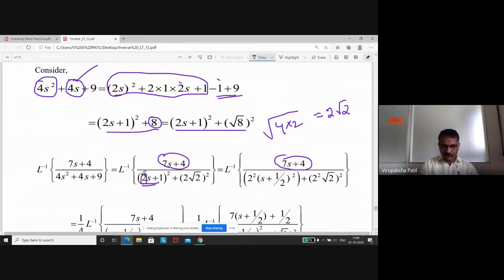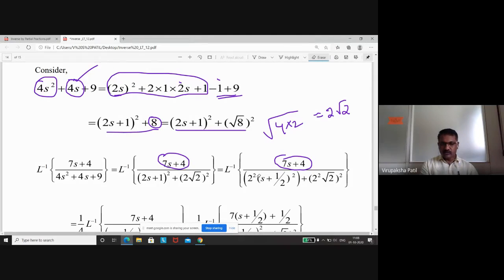So 2 is taken common, it becomes 2 into bracket s plus 1 by 2, because you are taking 2 common here. If you take 2 common, that is s plus 1 by 2, the whole square. So 2 you are taking common, so it is also squared, so it becomes 2 square